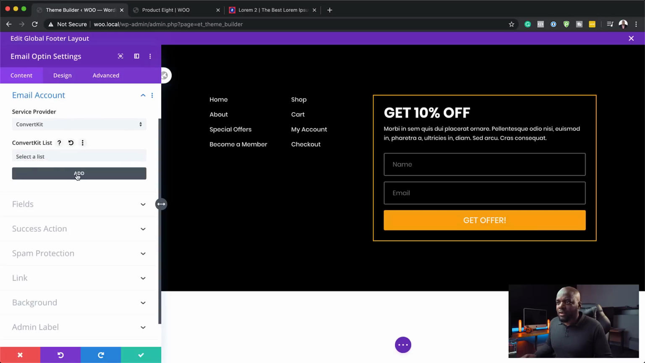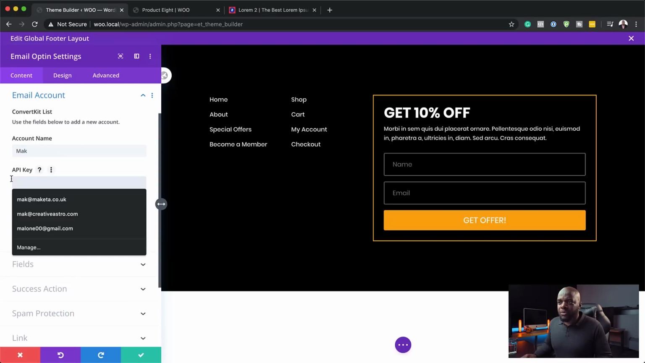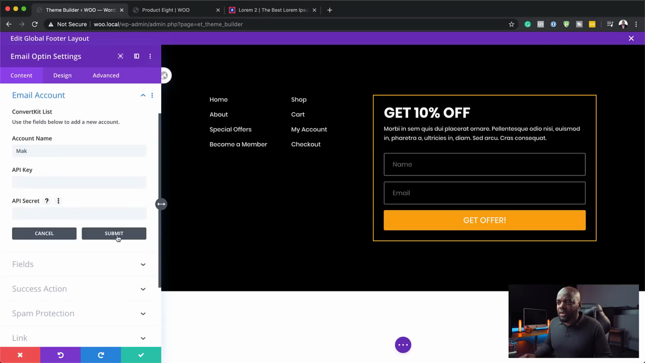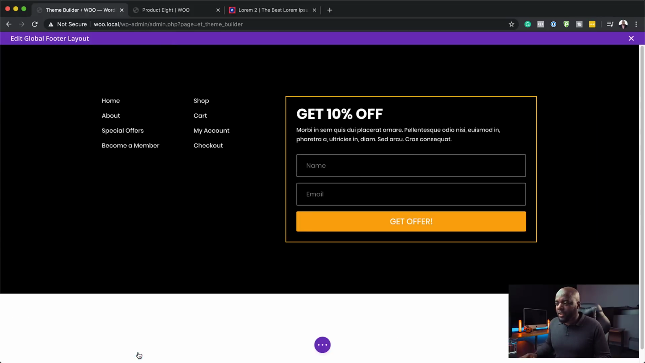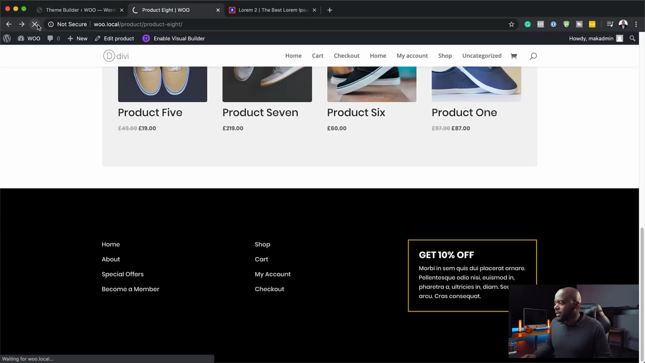You want to make sure you click on add. And then you add your account name. So let's say mine is Mag. Then over here is where you add your API key, API secret, and then hit submit. Now, once you hit submit, what will happen is your form then gets connected with ConvertKit or whatever email account that you have. Then once you hit save, you'll notice that,